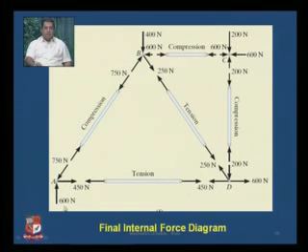And these are the reactions which have been given out: 600, 200 and 200. The two external forces which were applied, 400 Newton and 600 Newton, and all the components have been shown as the magnitude and the type of stress, which is compression or tension, which have been shown here.